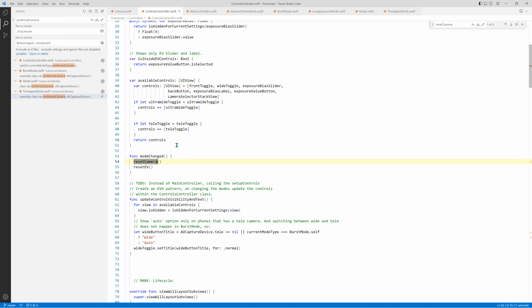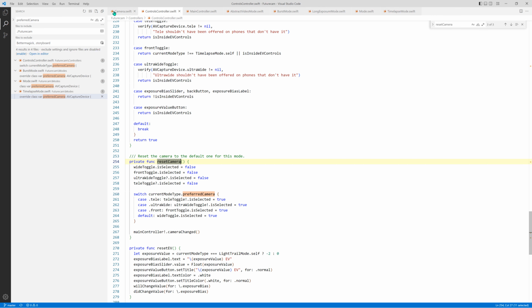Or if the mode is changed, we reset the camera. So either the user can explicitly reset the camera, or he can change the mode and the camera gets reset. And then you enable these toggles. But the problem is,